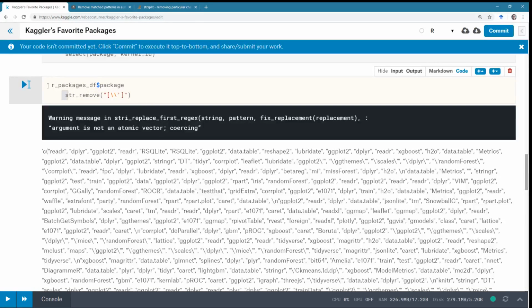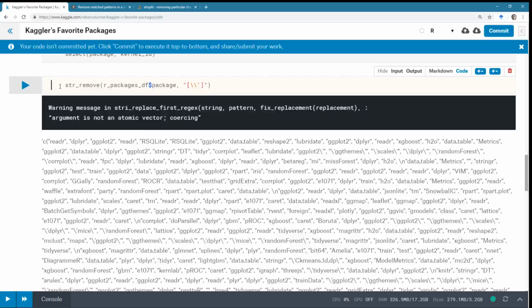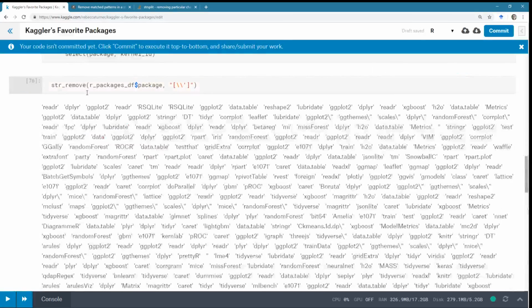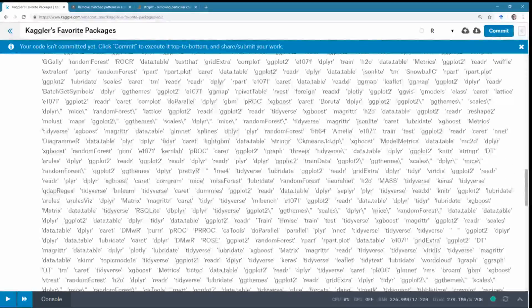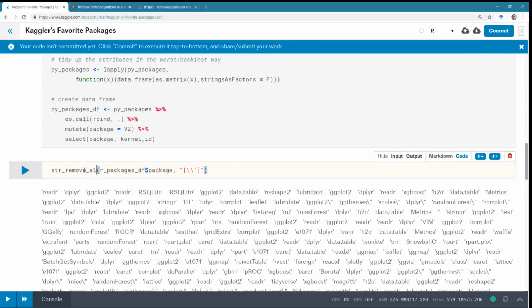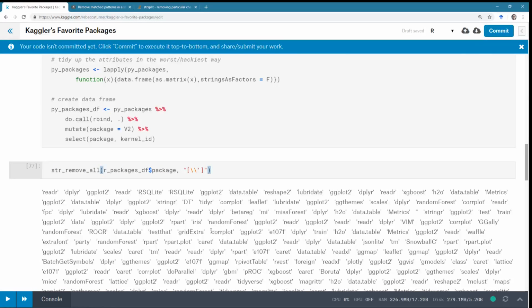Let's see how this works. Because I eventually want to replace the contents of the column that is there with this column. Yeah, there we go. So now we're getting a vector out, except I removed that to show you guys. A vector out instead of a single string that contained the complete